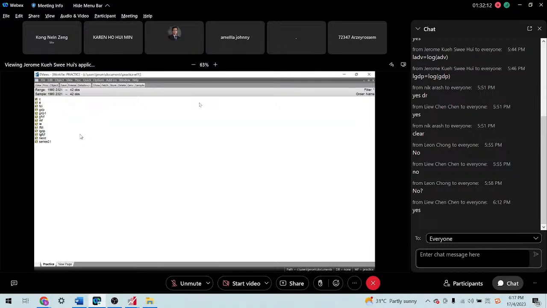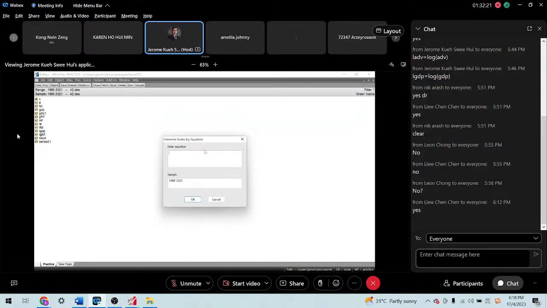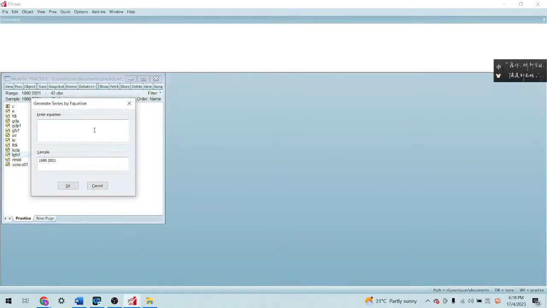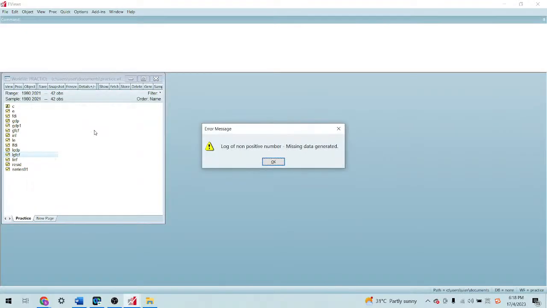Alright, so the next one is this INF. This is the inflation. So you look at the interest rate. LINF equal to log INF, see what you get. Then notice that sometimes you may have a lot of non-positive numbers, missing data generated.